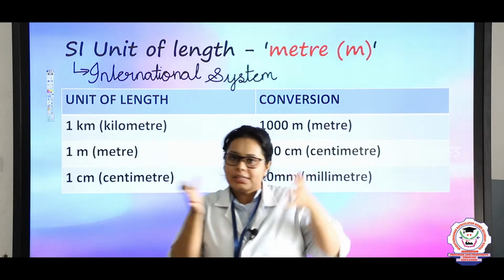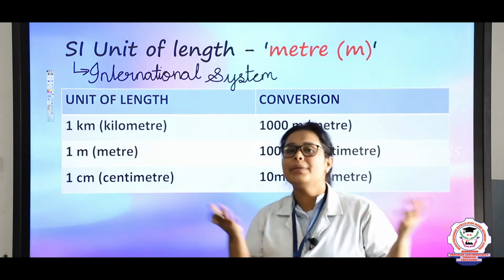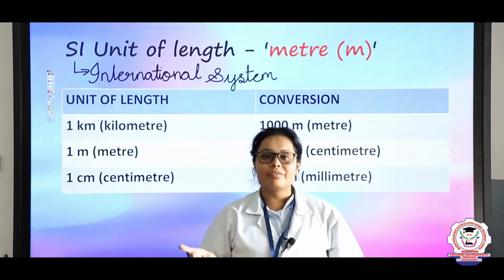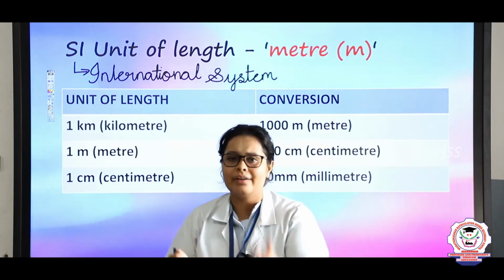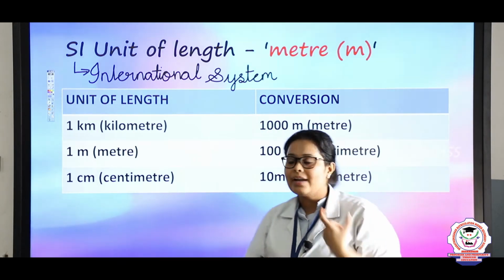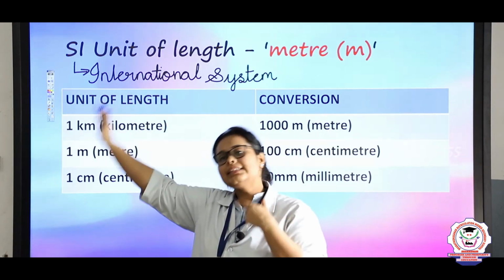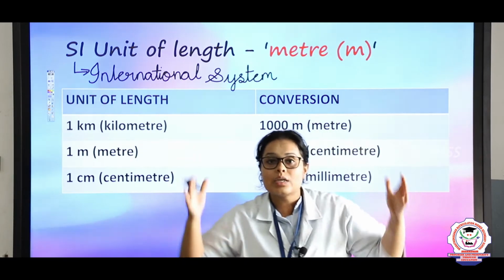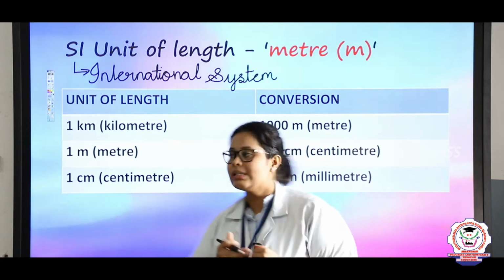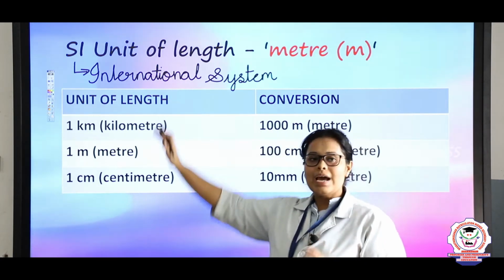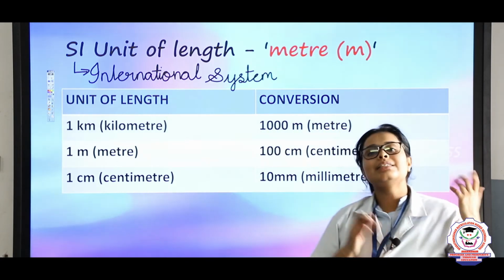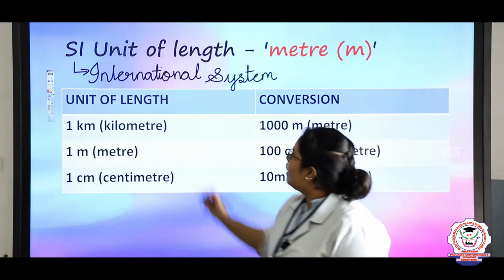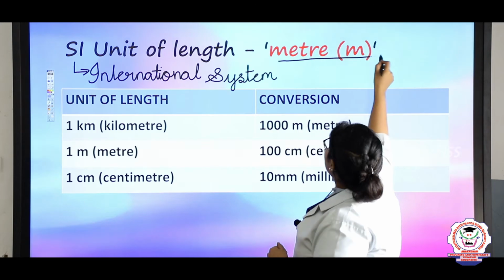See students, in India when we are measuring, the meter scale can be different, and the meter scale in foreign countries can be different. So we need a standard unit, and for that we are using the SI unit. There is always a particular SI unit for each quantity. For example, here we are taking length. Length is divided into smaller things and larger things. So the SI unit of length is meter.